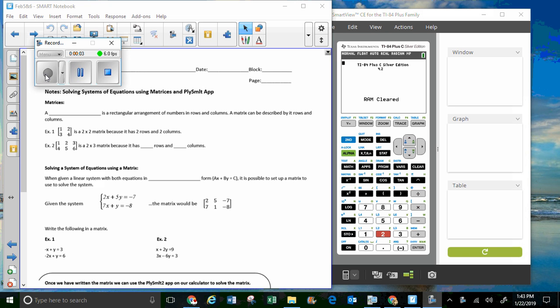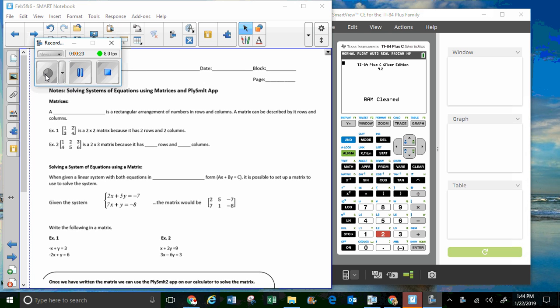Alright, today might be your favorite day in Unit 6 because you are going to have the calculator do all the heavy lifting for you. We're going to be solving systems today using matrices, which is really your Poly Simultaneous Equation Solver app, PolySmlt for short. So first of all, a matrix